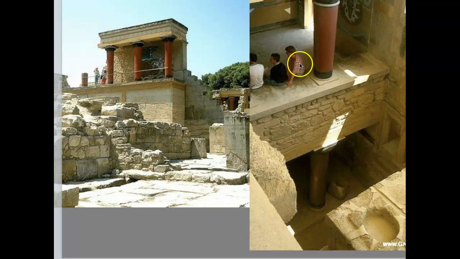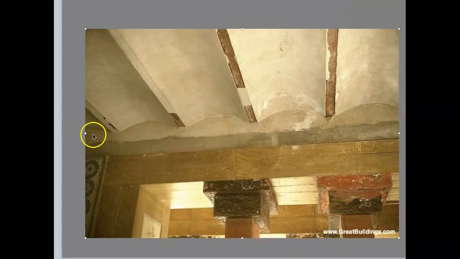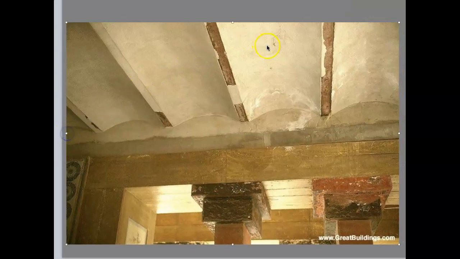Here are people hanging out at the archaeological site, and you can see the multiple stories of the building, which is really something unbelievable for this stage. And I wanted to show you this. This is the way the roof is constructed, which shows that the architect understood a way to build a system that in fact would be earthquake proof.